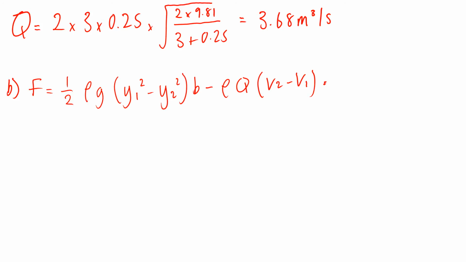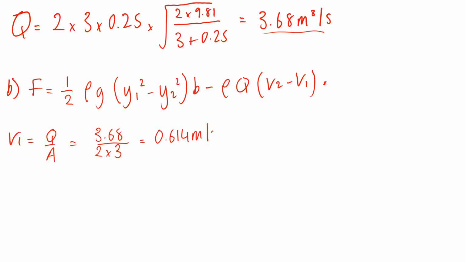B is 2 meters. Q we've worked out here. The only parameters we don't know are v2 and v1, so that's what we're going to work out. So v1 is equal to Q over A, which is equal to 3.68 divided by 2 times 3, equals